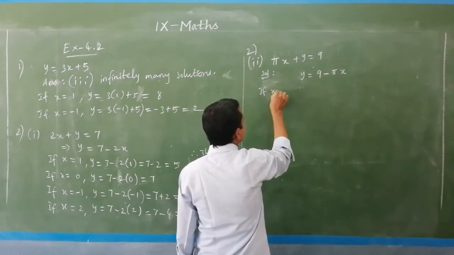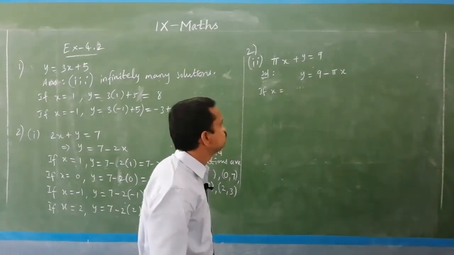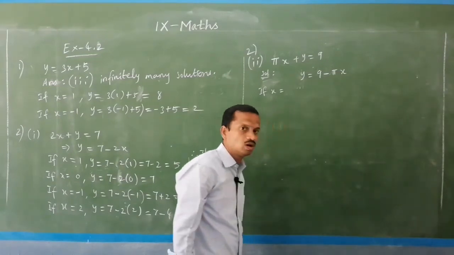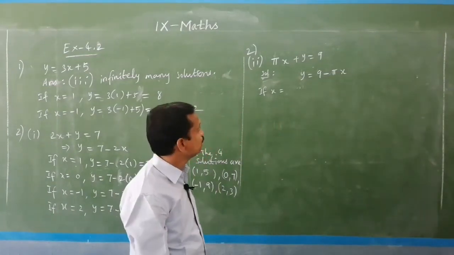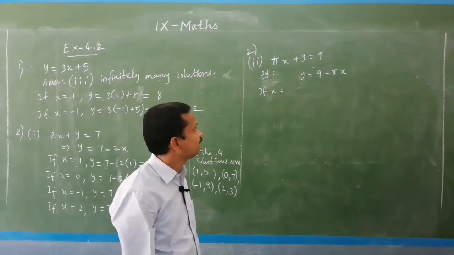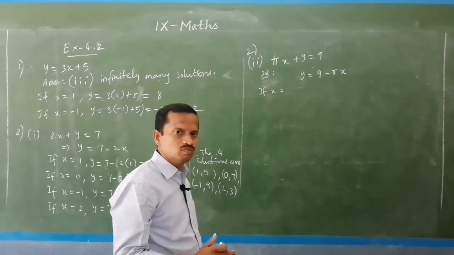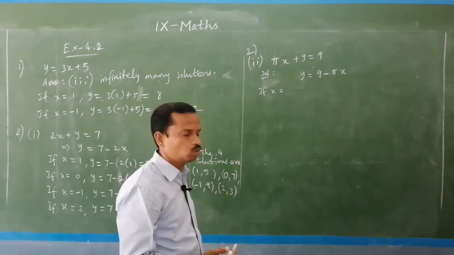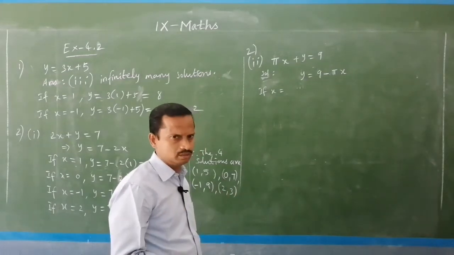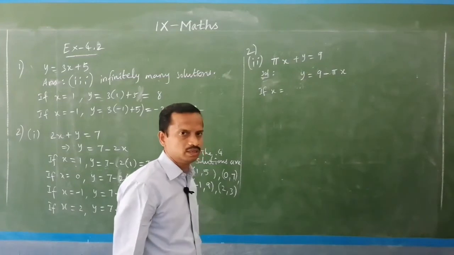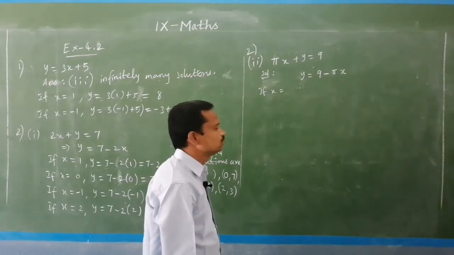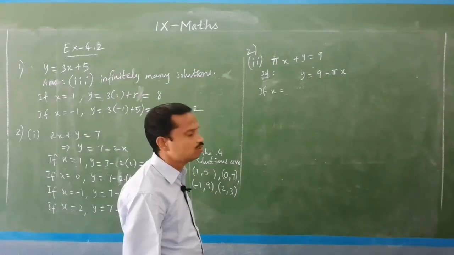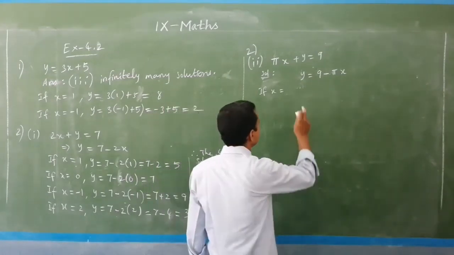Why am I writing it like this? It is very easy when you keep y in terms of x. This is called expressing the given linear equation as y in terms of x. That means y equal to, and you have to transpose the other things to the right side. So, you have to keep y on the left side. That is the method. It will be very easy. So, you have to express y in terms of x for finding solutions.